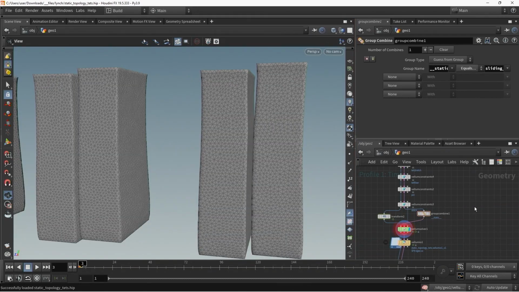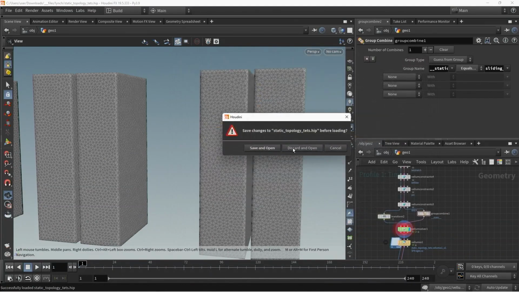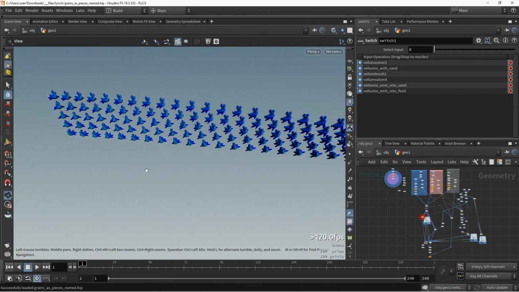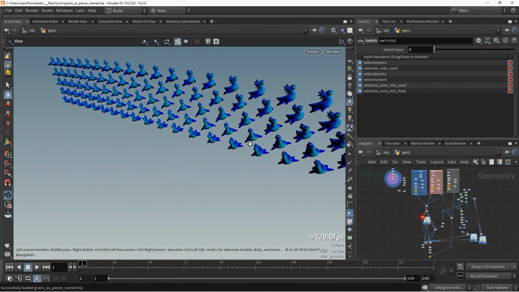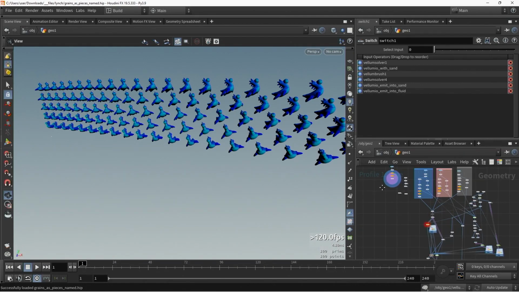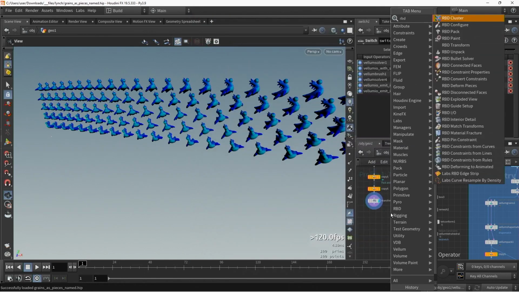Okay, so let's go to the RBD stuff. Here we have our flip test geometry. We have, I think, 100 of these. Let's say we wanted to simulate these as rigid bodies. So the obvious thing to do is put down an RBD bullet solver